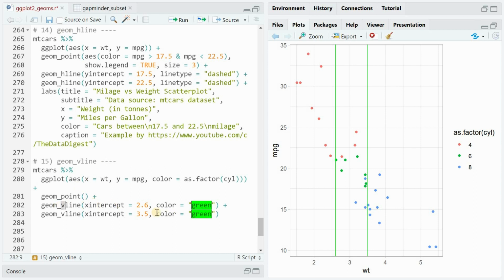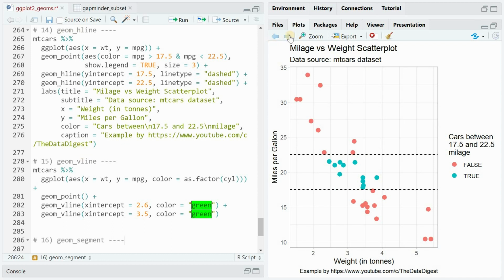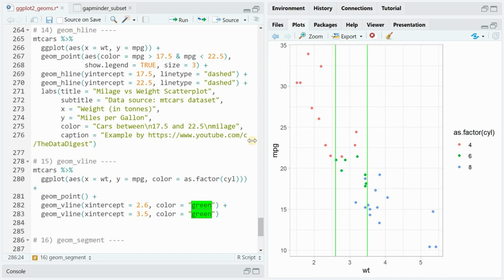In this case, I used vline and the x-intercept to indicate areas where the weight is between 2.6 and 3.5, which is the area where you find cars with 6 cylinders, just to make it easier in the scatter plot of mileage versus weight to find where the 6-cylinder cars are located. Now geom_hline and vline are a bit limited in a sense that they only move horizontally or vertically and just have one position argument to hand over to know where the line starts, and then it just moves all the way through the chart. Geom_segment, however, can be used to draw a line from any place to any other place